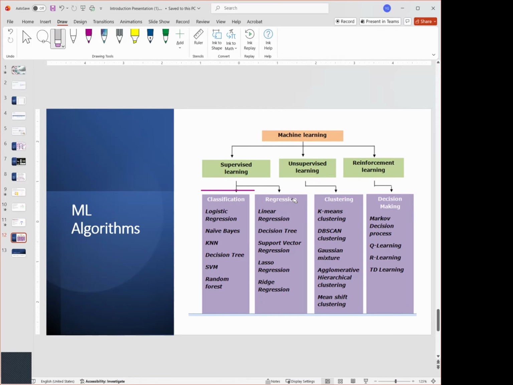I'm not going to go into detail right now on each one of them, because when we cover them individually in the coming weeks, I'm going to explain them in more detail. We're not going to cover all of them, since it would be too many, but we're going to cover the main ones. For example, logistic regression, definitely, and linear regression. As you can see, they fall into different categories. Some of them are supervised learning, some are unsupervised learning, and some are reinforcement learning.